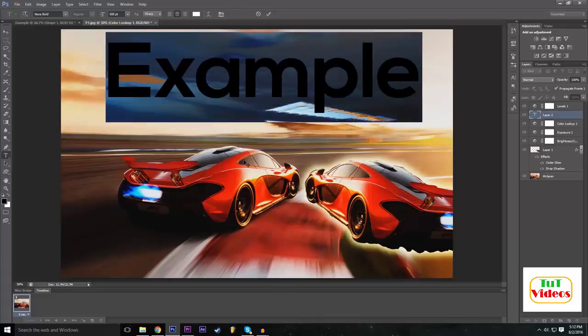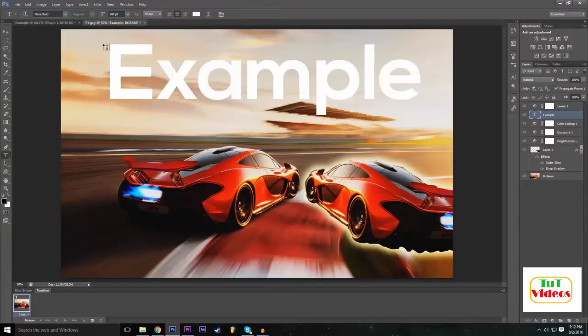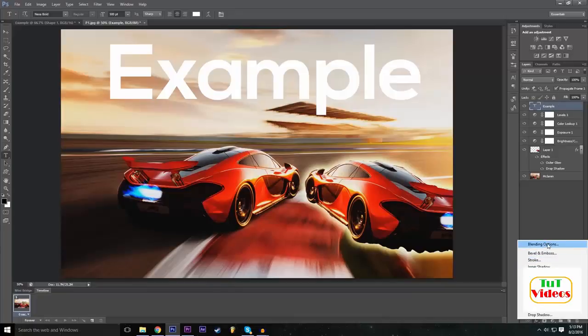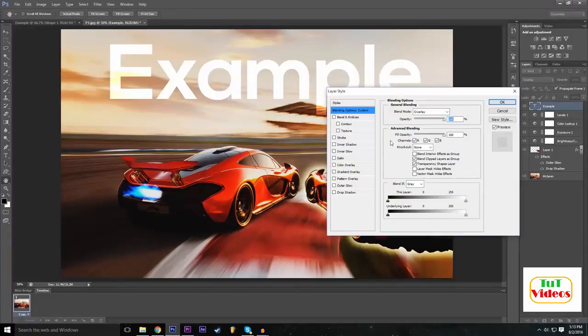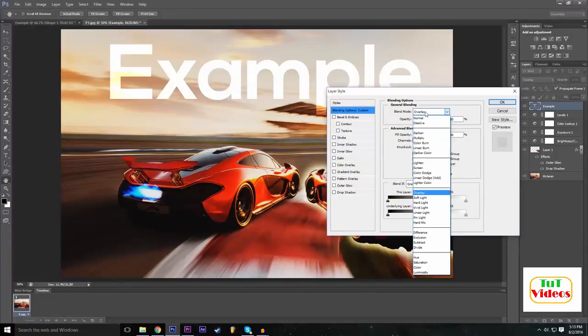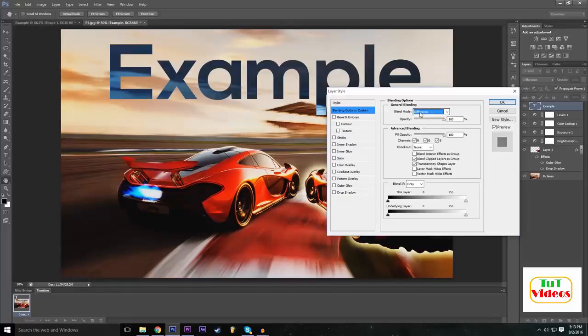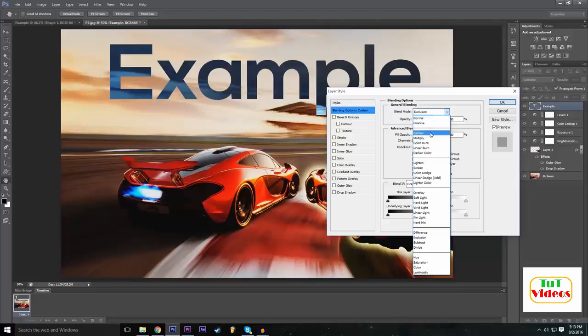So that's our example text, as you can see there. So that looks pretty cool. And then we can also mess around with some of the settings for the actual text itself, like effects. So we can go to FX and then blending options. And then from here we can go to, let's say, overlay blend mode. Blend mode is basically what it does. There are different blend modes that do different things. Like difference does opposite colors, and then you can do exclusion, which essentially does the same thing. Darken,